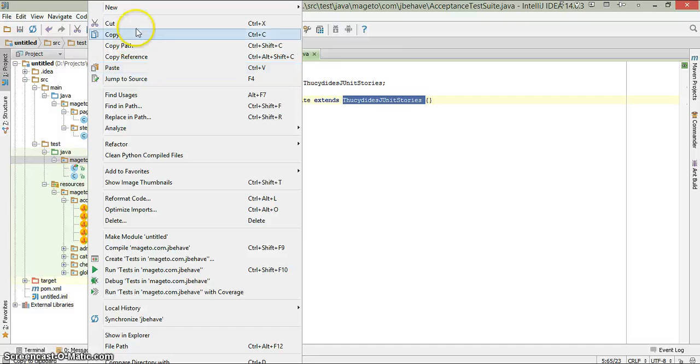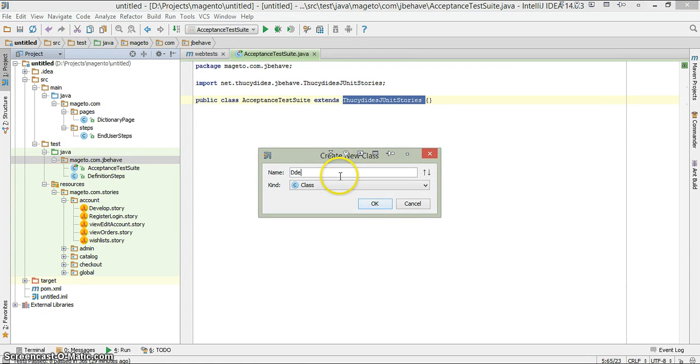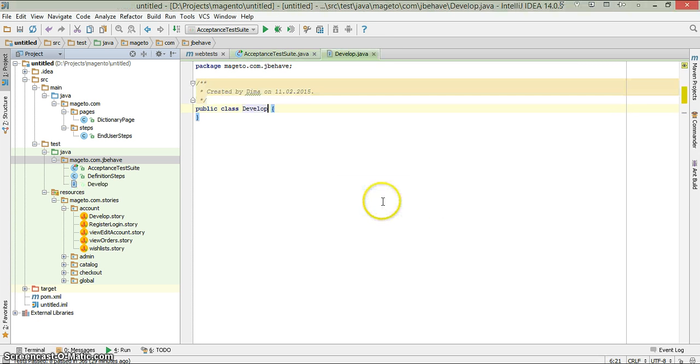For example, we create a Java class, let's name it develop, like a story file, and extend it